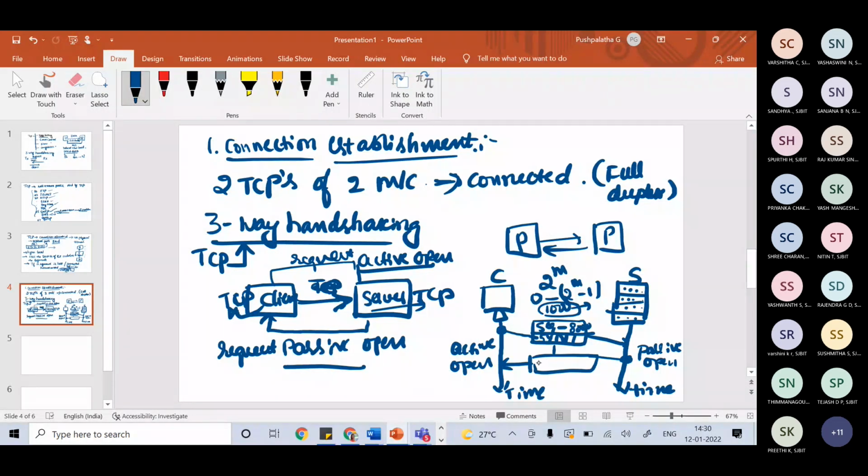The second segment again comprises the sequence number of his TCP, then the acknowledgement number 8001, and the SYN flag along with the acknowledgement flag set high. So he will send it to the client. That means a SYN plus acknowledgement segment with 2 flag bits set.